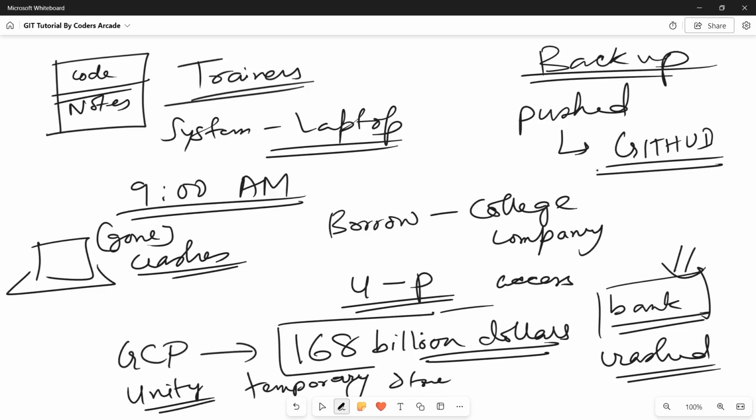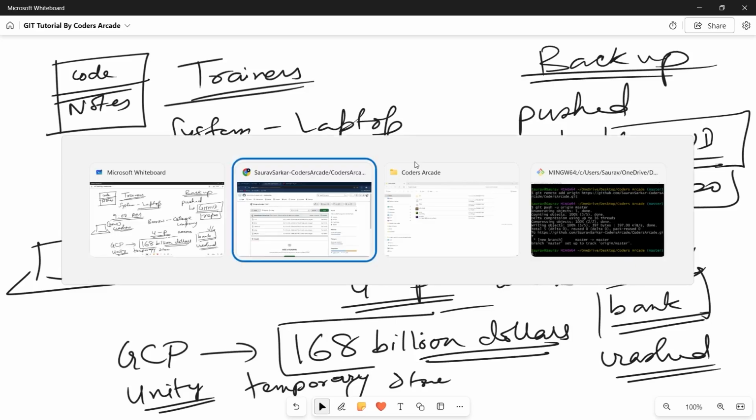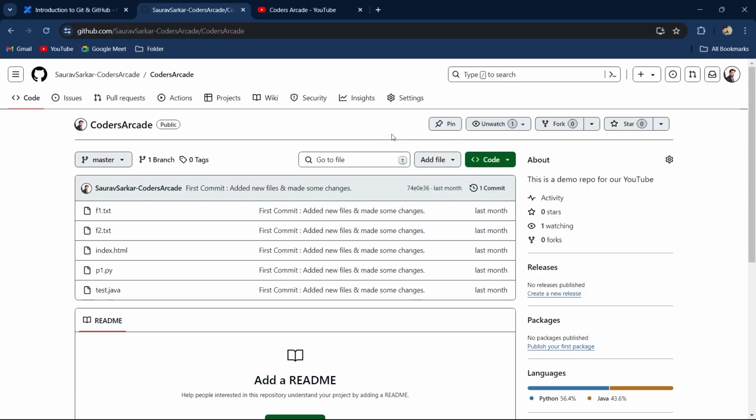Okay, so what I said, if I had pushed all the data into GitHub where I had a repo, I can easily access them if I have a laptop. If I have any other laptop, even if my system has crashed, I can easily go to the college or to the corporate company and do my training. It doesn't matter, right? That is the benefit. So now what we have done is we have actually pushed all our code that we had here into the online repository. Okay, fine. Now suppose I want to